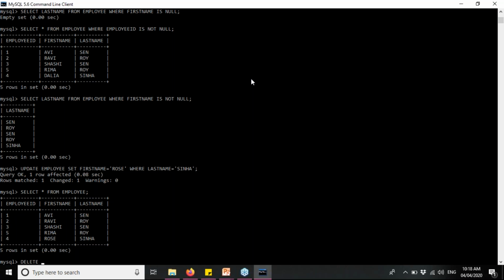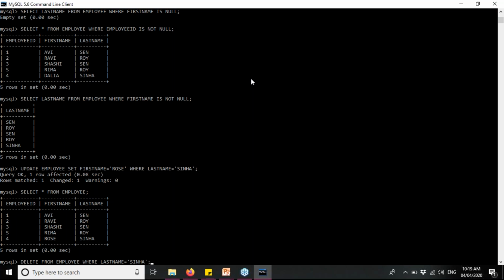So delete from table name, that is employee. Okay, the condition. Suppose we want to delete the record where the last name is Sinha. So where last name is equal to Sinha,